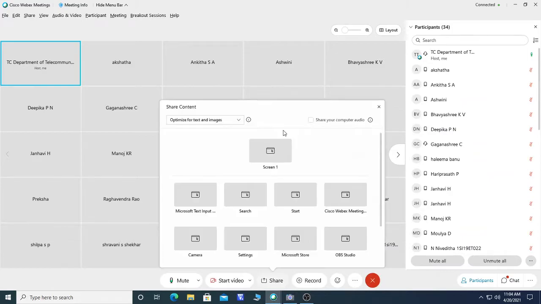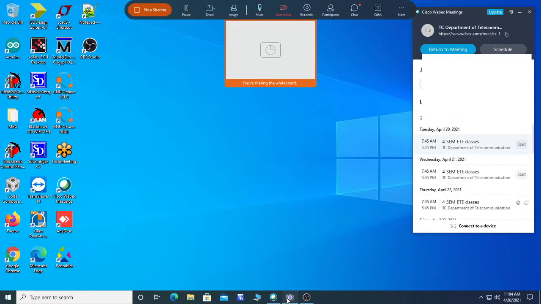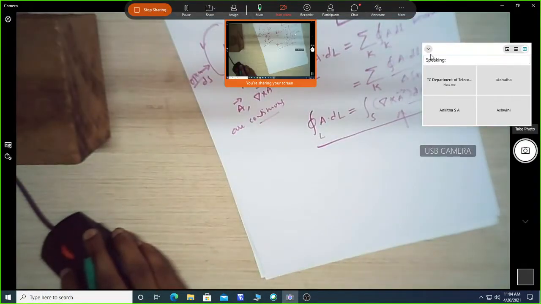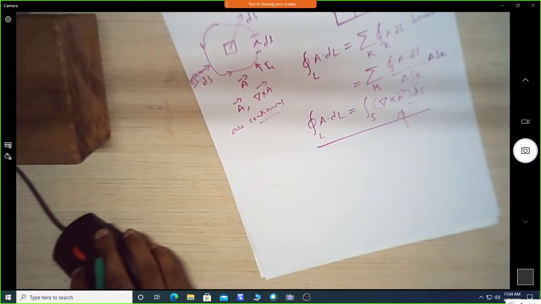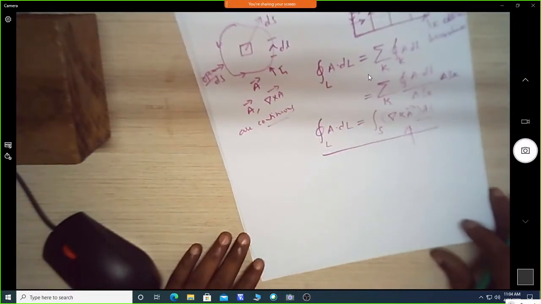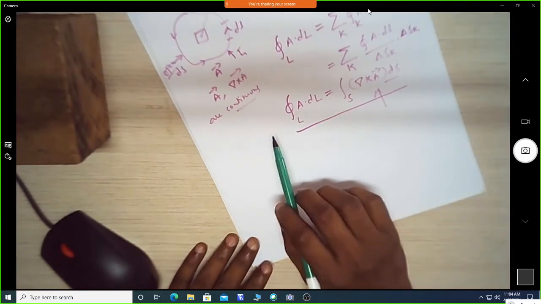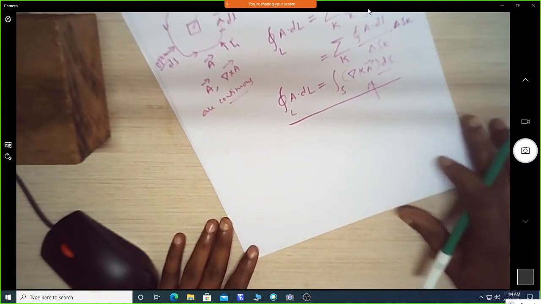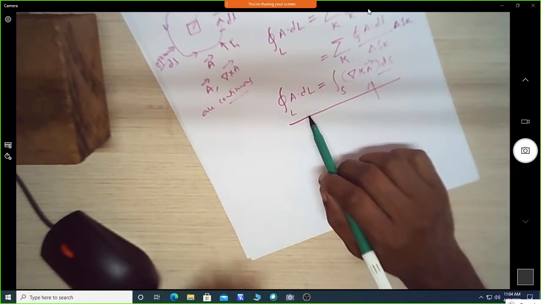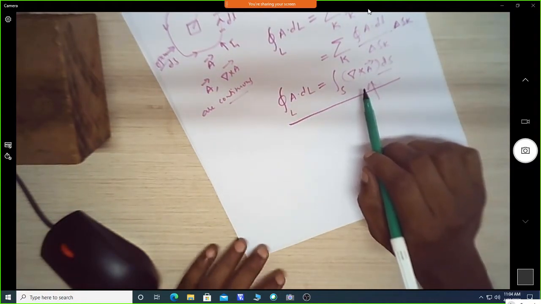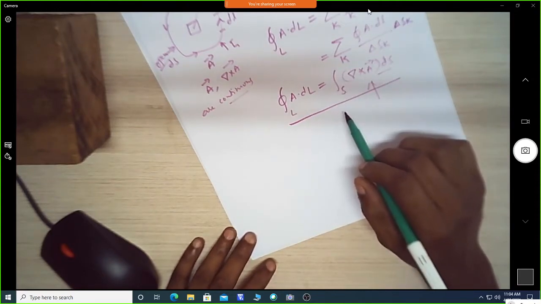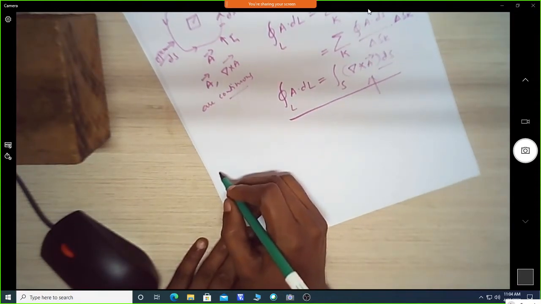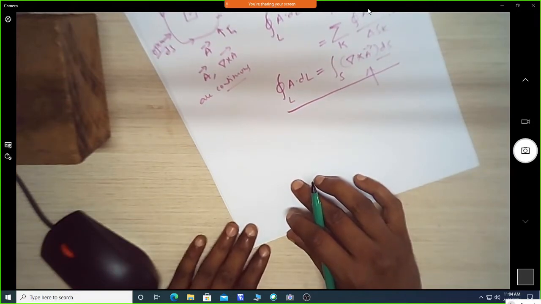Of A, or curl of vector field. Okay, so this is what we discussed about the curl of vector field A and also Stokes theorem. Okay, so it relates the closed line integral to the curl of the surface. Okay, so now today we will discuss one problem based on this curl of vector field.